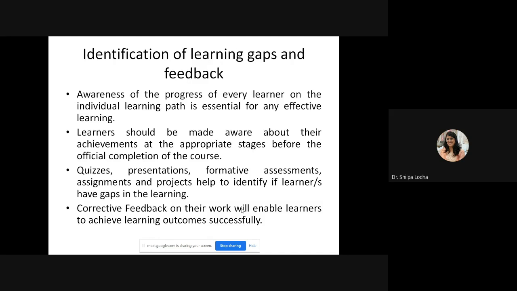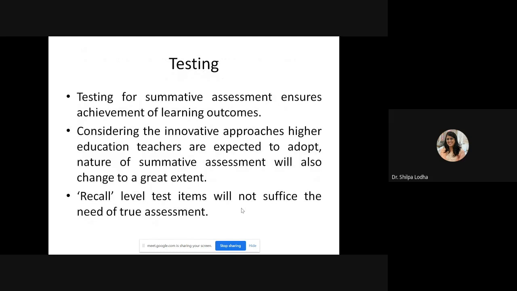So this is the fourth step of IPSIT model, and the last step consists of testing. And I think the day before you were taught about the various evaluation or assessment strategies as suggested by the UGC concept note on blended learning. And I think the recall level test items which we used to give in traditional assessment types are not sufficient in the blended learning mode, and we should go for certain innovative evaluation strategies, as some of them are suggested by the UGC concept note.